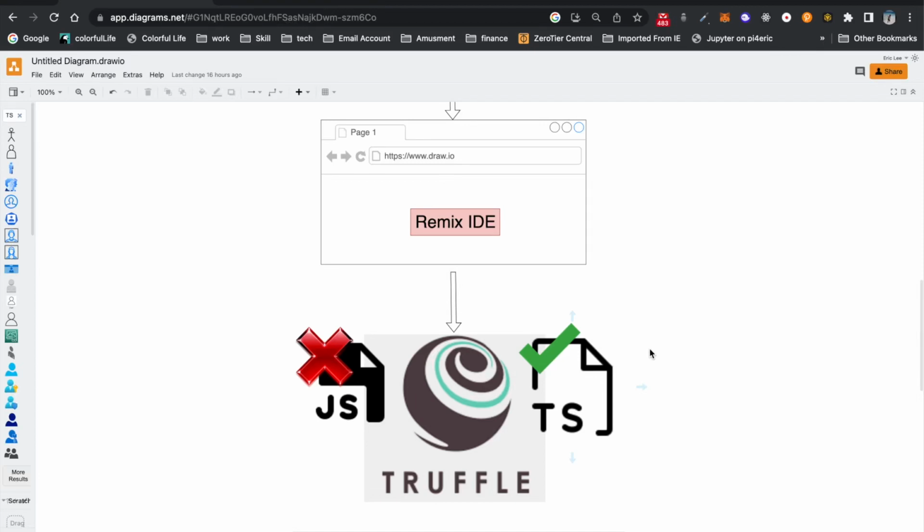In the world of blockchain development, there are so many tools that we can use to develop smart contracts. Here is an IDE called Remix, which is an online IDE, and another one is Truffle. And then of course there are others like Hardhat. In this video, we are going to compare Remix and Truffle, and eventually we are going to use TypeScript